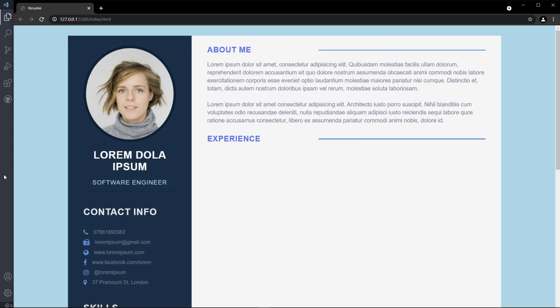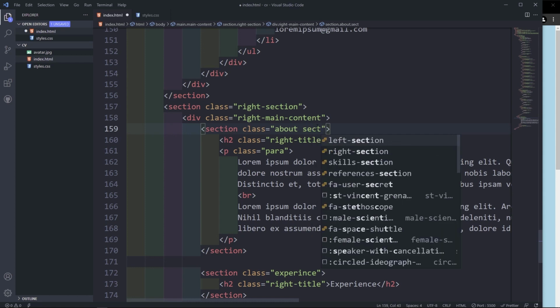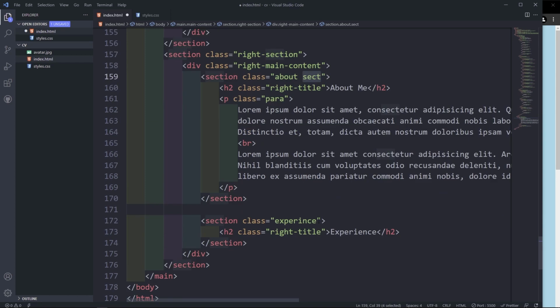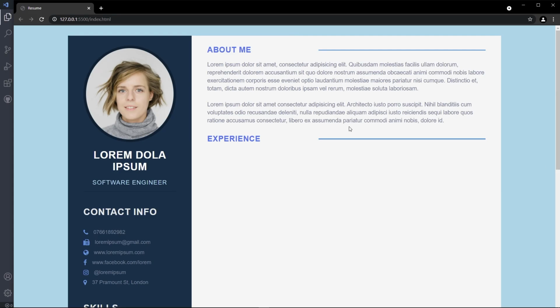Alright, so now section about, I'm just going to give it a sect. I want this sect class to be applied on every section. I'll put this sect class. Okay,